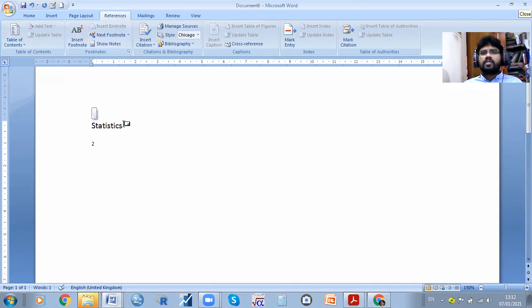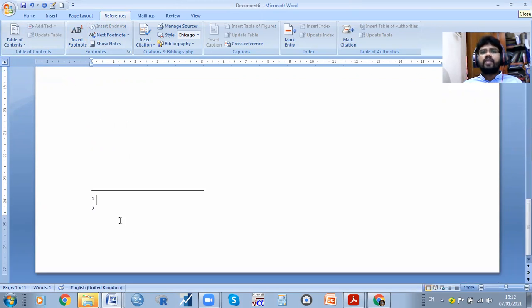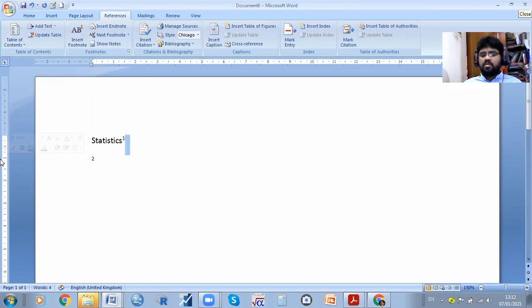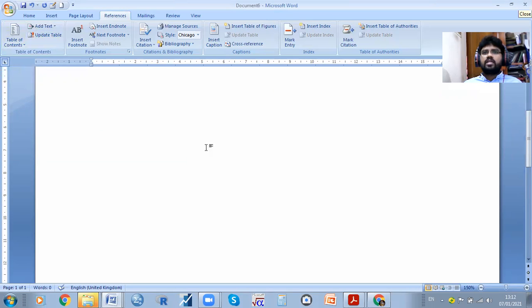Here this is an insert. For example, what is statistics? If you want to define what is statistics, here you can define it. For example, if you want to type something about economic conditions, or if you take socio-economic